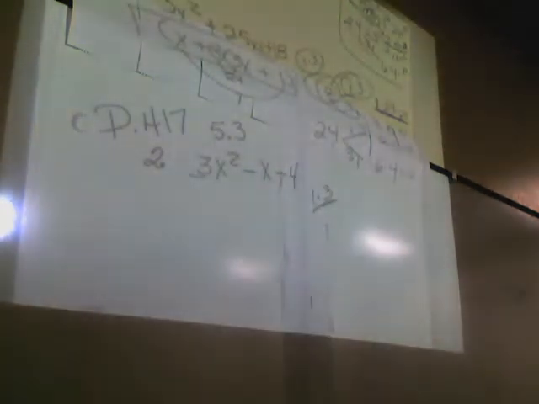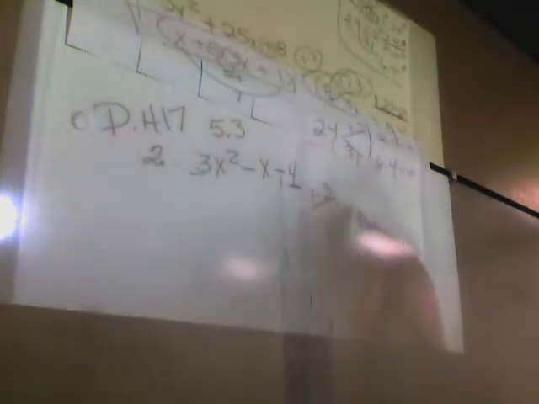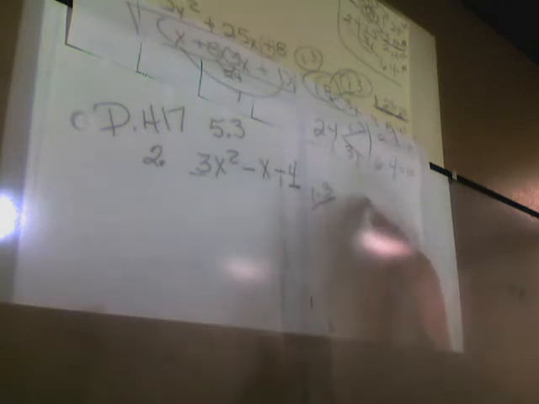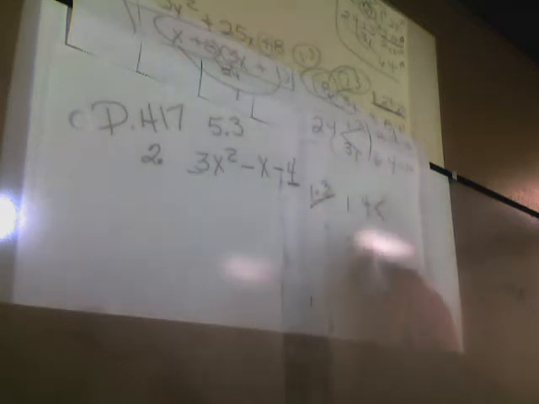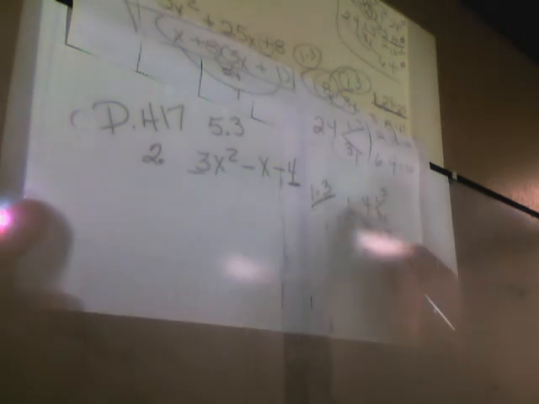We're going to have the 1 times 3 for our first term. We're going to have to multiply that in a lot of different arrangements for what we're going to use for our 4. What ways can we get 4? 1 times 4 and 2 times 2. We're going to have 2 different answers for both of these because we're going to do 1 times 3 and 3 times 1. Okay, the very first one, 1 times 1